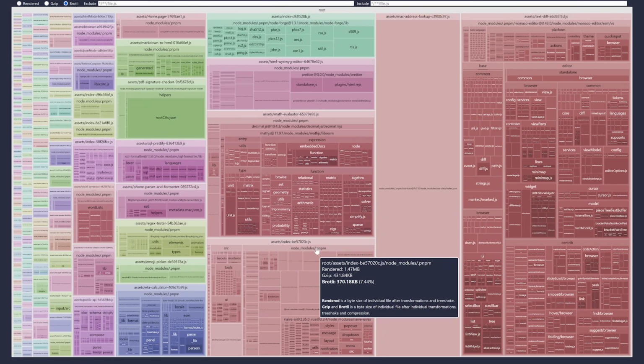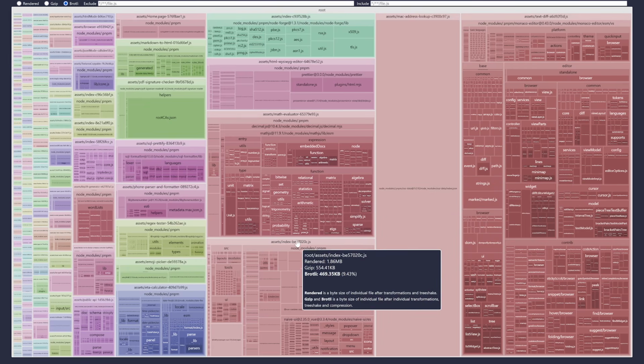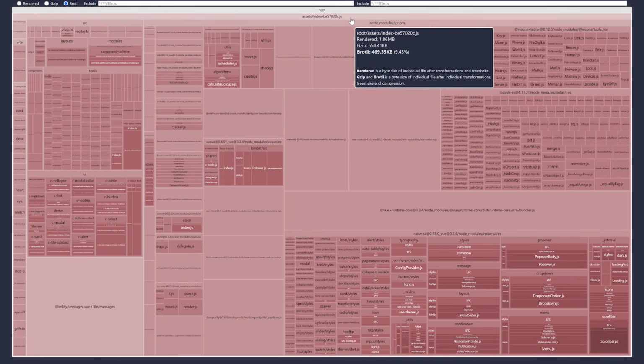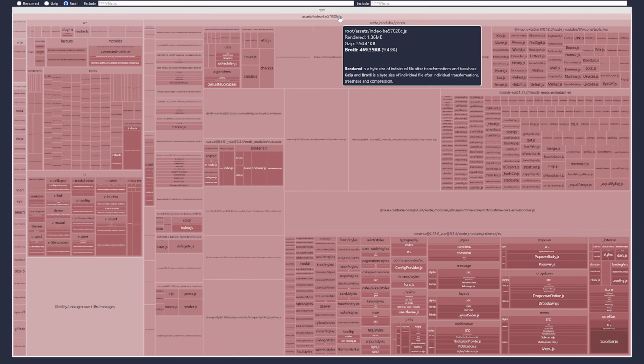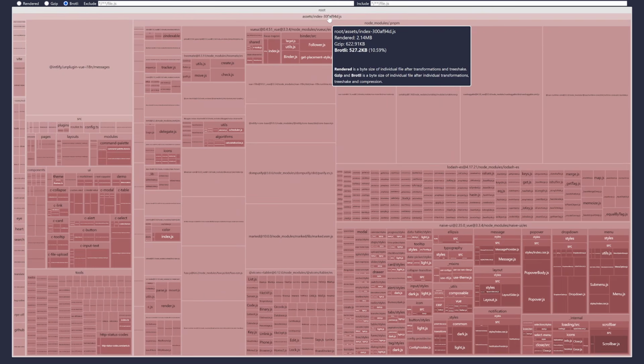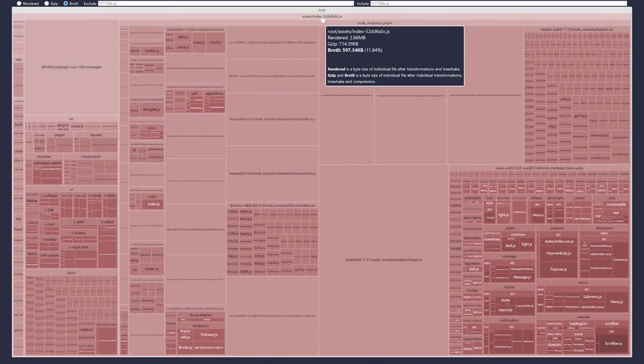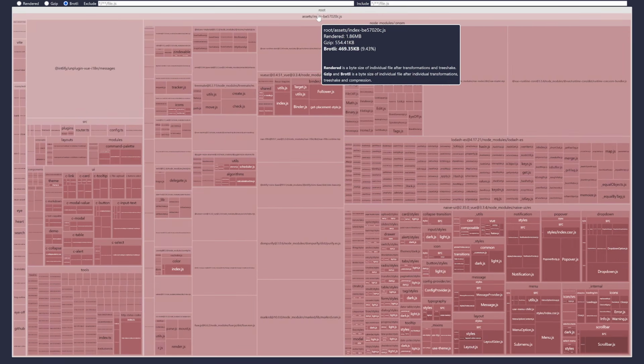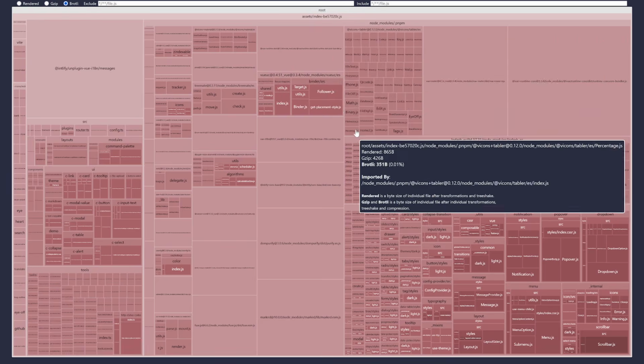Now we can take a look at our index chunk again. You see that the hash changed here because the content hash, so everything after the dash and before the JS, is based on the content of the file. And now if we have a look, actually it got smaller, 469 kilobyte, right? Before it was 527, and at the very beginning we had 597 kilobyte. So we basically reduced this by over 120 kilobytes, 130 even, something like that,